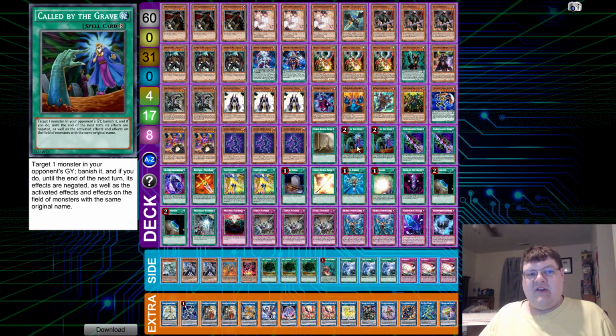We don't want to get hand trapped. I mean, you're playing 60 already. You're going to run into some issues as it is. And then top things off like